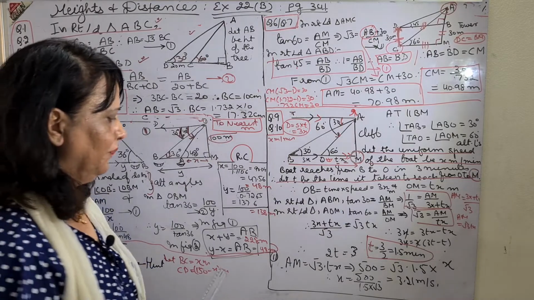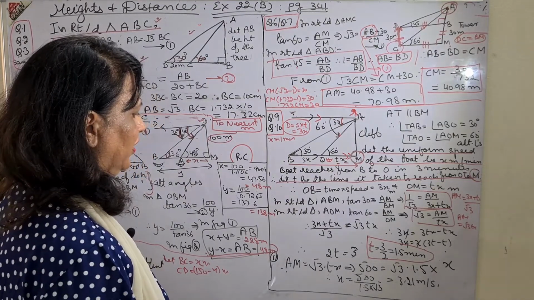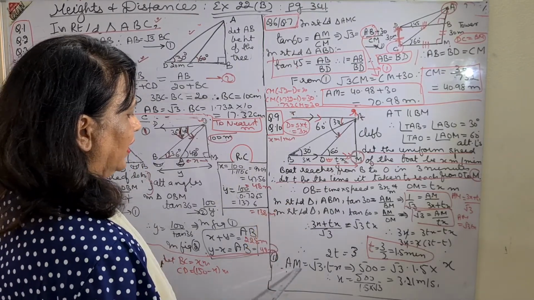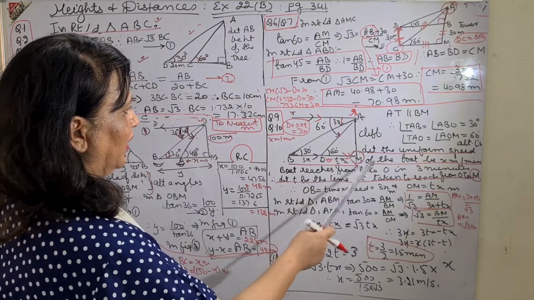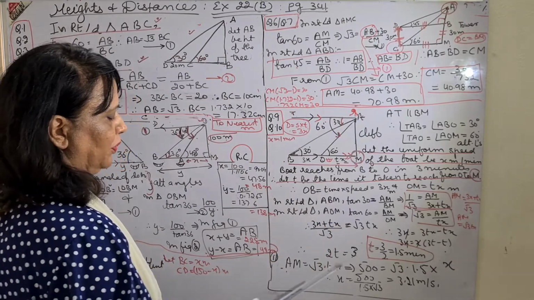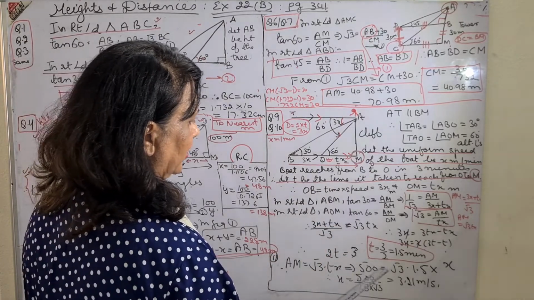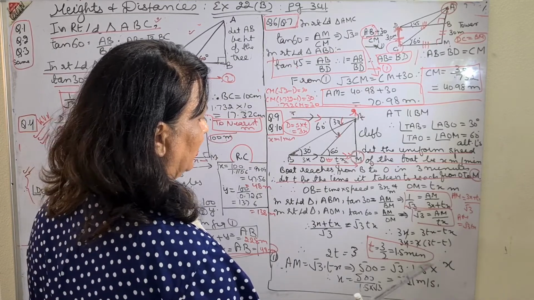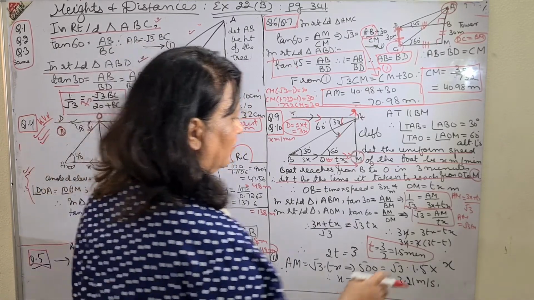So you know what to do. Speed of the boat. Now speed of the boat means I suppose the speed to be x, and the height of the cliff, that means AM, has been given to be 500. I'm putting the value: 500 is equal to root 3 into t. T I have in minutes, please change into seconds. 1.5 into